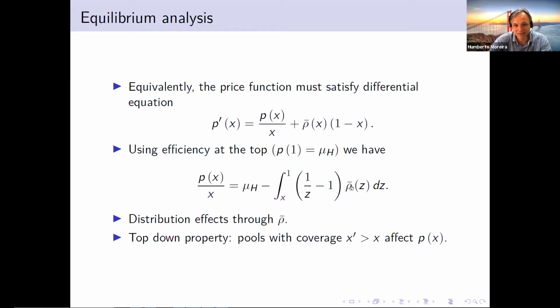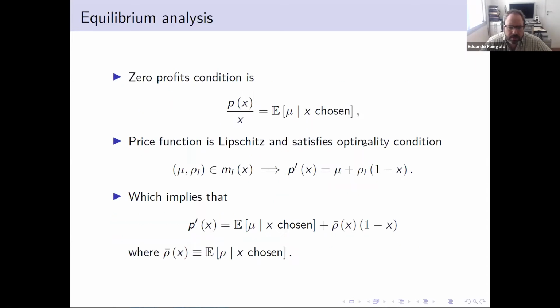This expected risk aversion is given by the weights of these types in equilibrium, and these weights in equilibrium depend on the prior distribution and on the demand elasticity of the insured. So this formula is not completely solvable, because you don't really know what is behind this rho bar here. What is the definition of rho bar? This is exactly the average risk aversion.